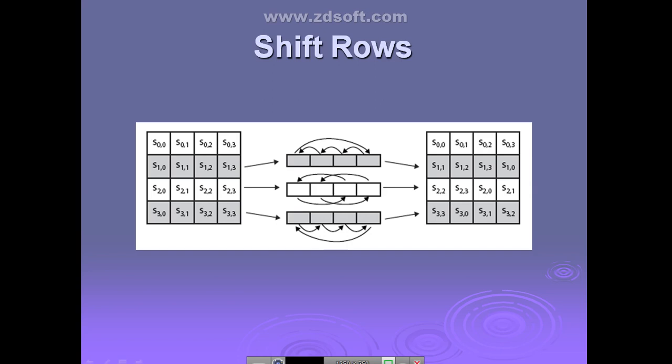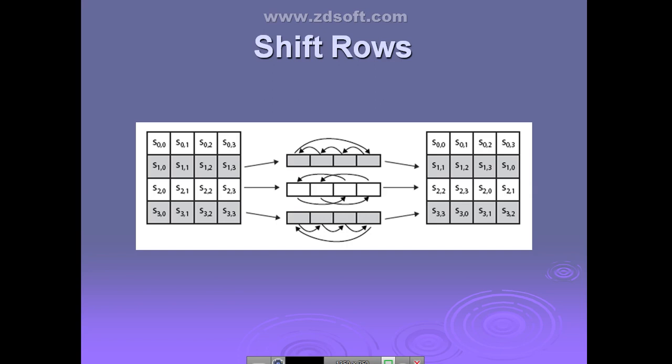If we consider the third row, they are doing two-byte shifting. You can see here, the third byte is becoming the first byte, and the fourth byte is becoming the second byte. Two-byte shifting. Are you getting it? The second one is becoming the fourth, and the first one is becoming the third. Like this, depending upon the row number, they are going to do that many bytes of shifting. Then if it comes to the fourth row, 3-byte shifting. 3-byte means whatever the fourth one is, that will become the first one.